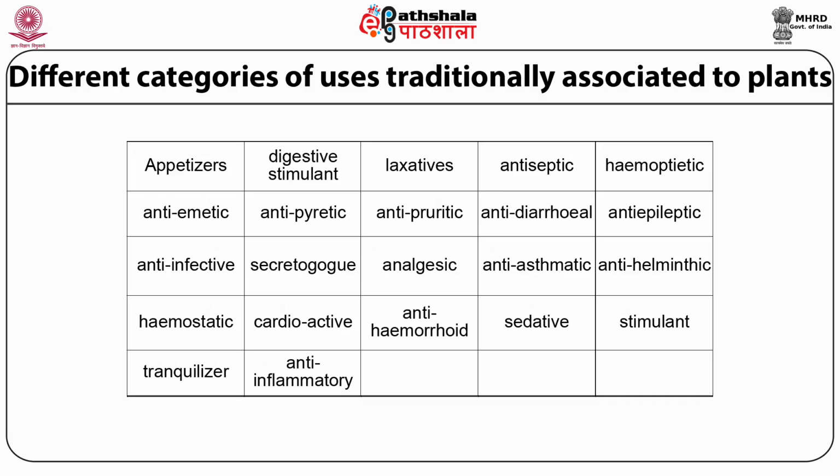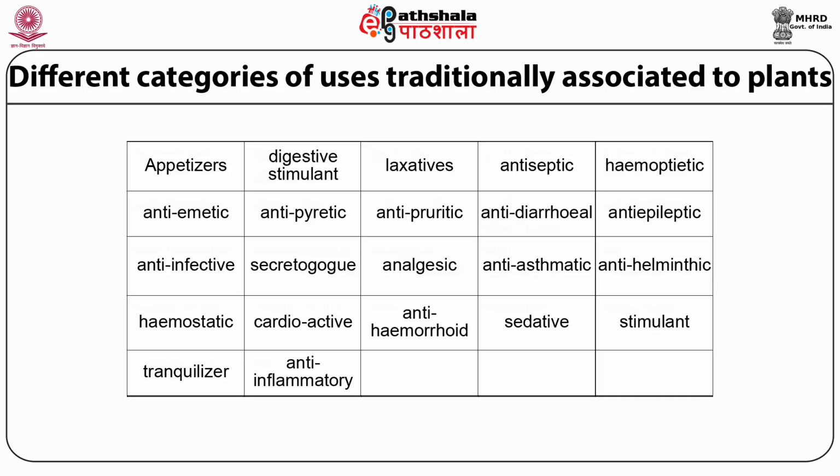Entries like appetizers, laxatives, digestive stimulants, secretagogues, etc., are related to the use of herbal medicines with respect to the GIT. There are also other traditional uses, like treating sepsis,